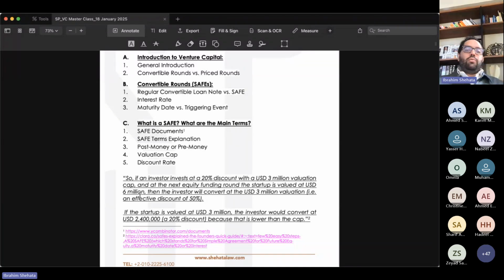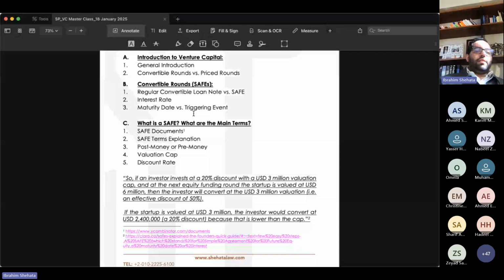And to tell a little bit more about this, because I know that some of these are isolated, but they are also connected with each other. So the safe, just so that you know, whether it's a pre-money safe or post-money safe, any safe, as I told you, has two inputs. The first input today is three things: the investment amount, the valuation cap, and the discount rate. The second type of input is the valuation, what we call the pre-money valuation, that you will raise at in the future. So that's something that we don't know today when we sign the safe. So the investment amount is clear. It's, for example, $100,000, and then the valuation cap, let's say it's $1 million,